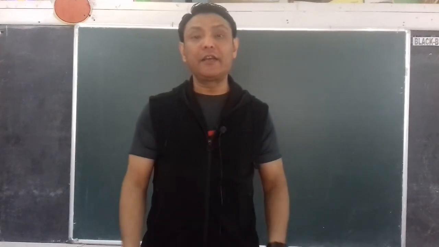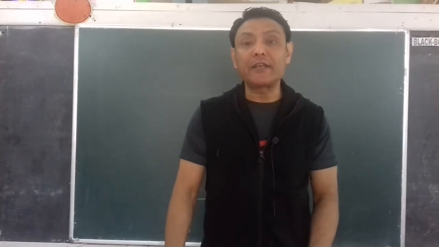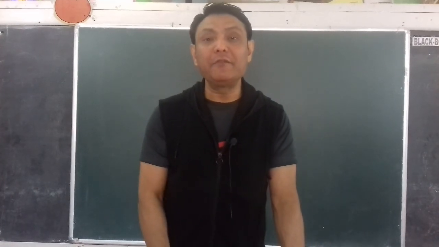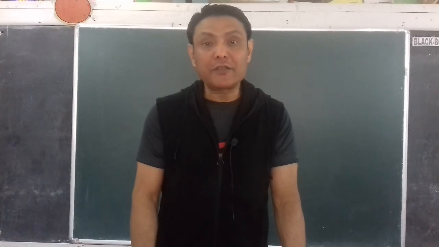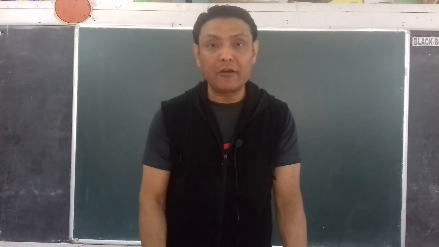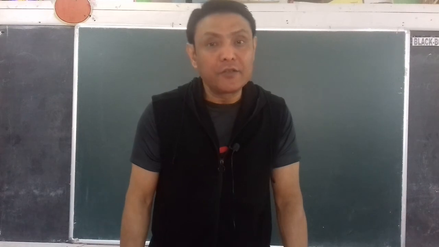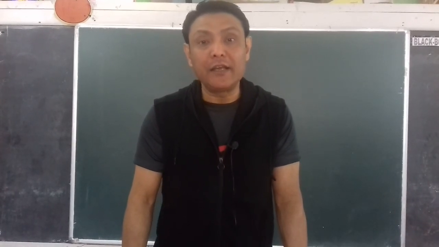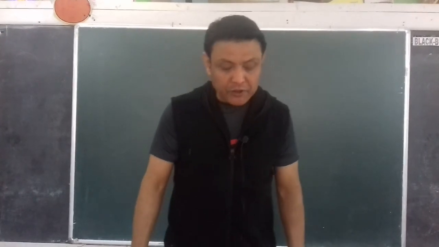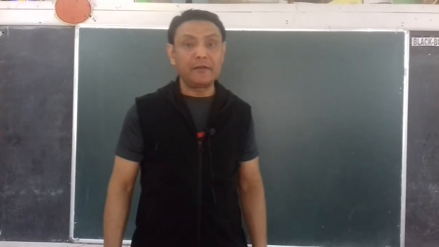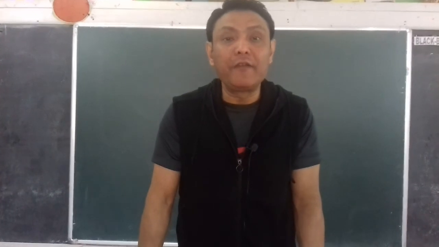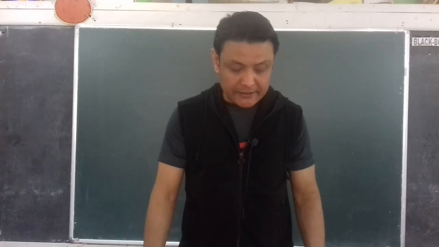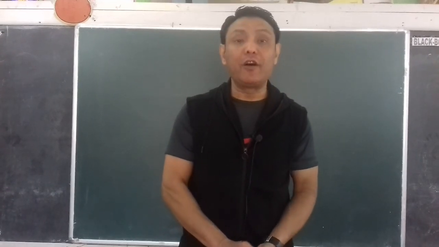Rusting of iron. Rusting of iron means the change of iron into iron oxide in the presence of moisture and oxygen. So it is oxidation of iron. So it's a chemical change. So iron changes into iron oxide. So therefore rusting is obviously a chemical change. Stretching of rubber band. No new substance is formed. So therefore it is a physical change, stretching of rubber band.